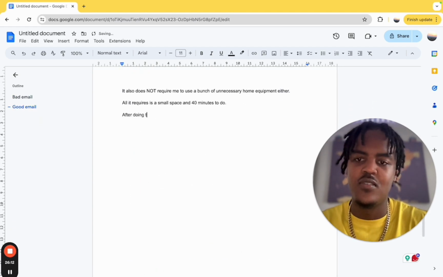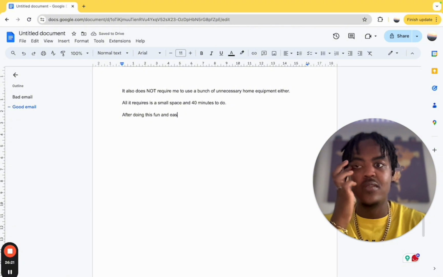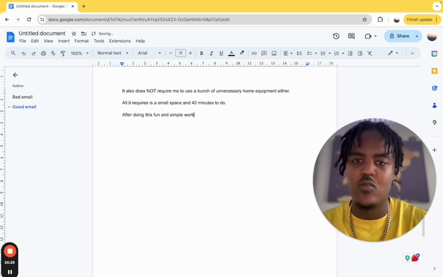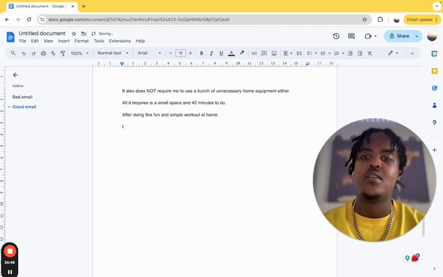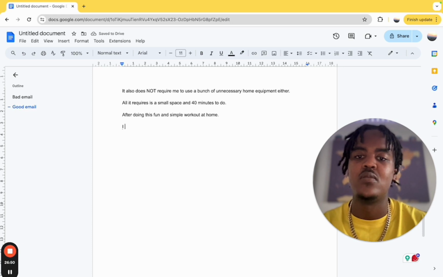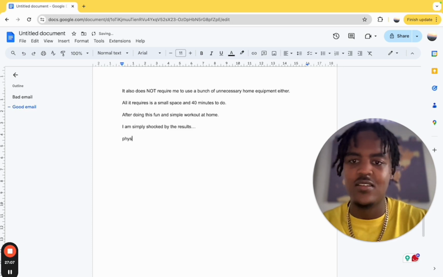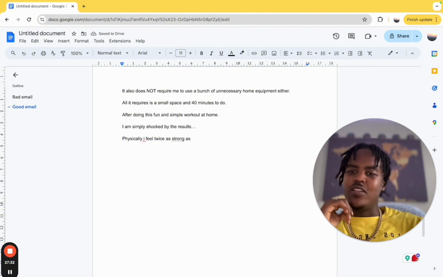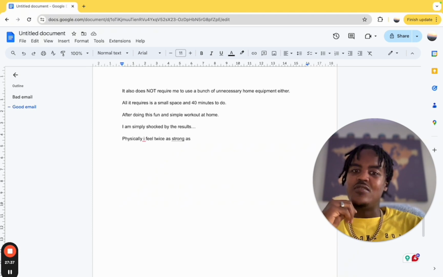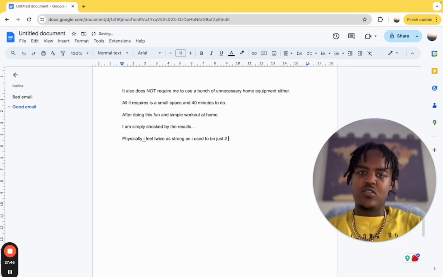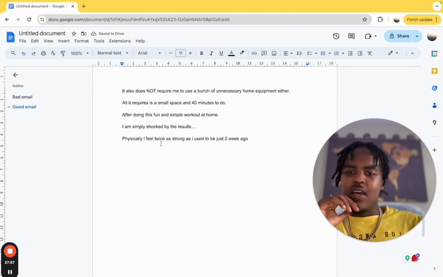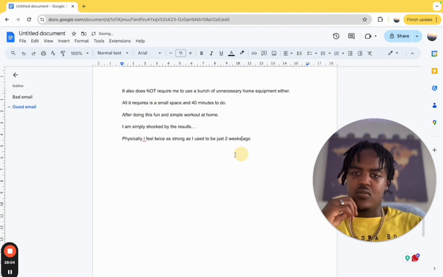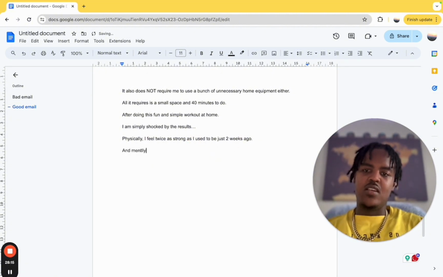After doing, should I say easy, fun, and simple? Simple workout method at home. After doing this fun and simple workout method, physically, I feel stronger. How do I want to word this? Physically, I feel twice as strong as I did 2 weeks ago. And mentally,